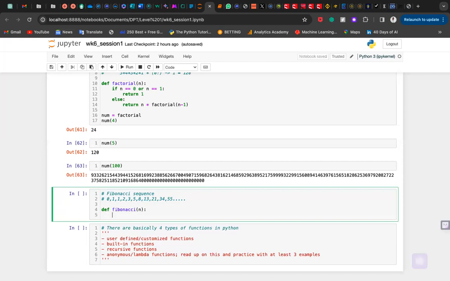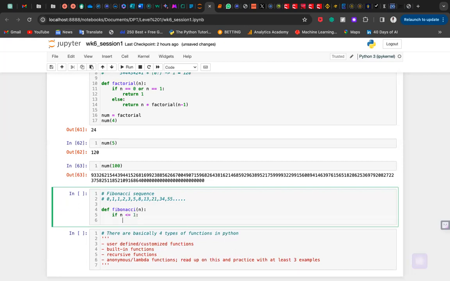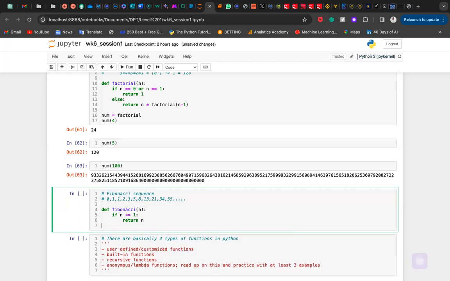So, if n is less than or equal to 1, we can say return n. Because if n is 1, I want it to give you what n is. So we can say else,